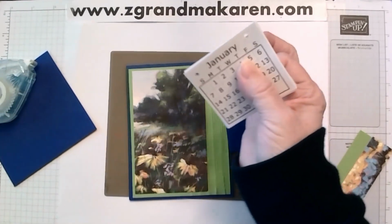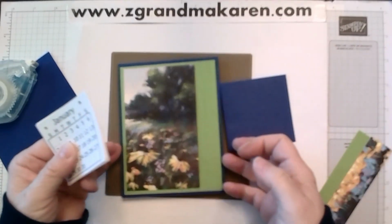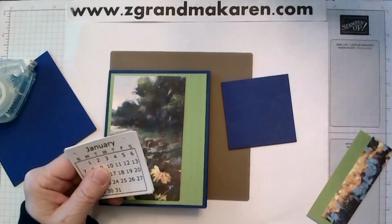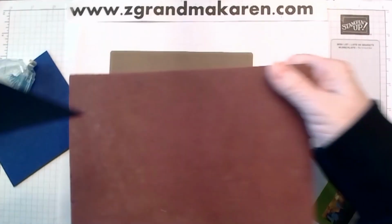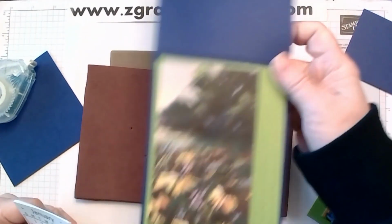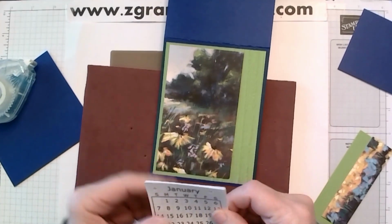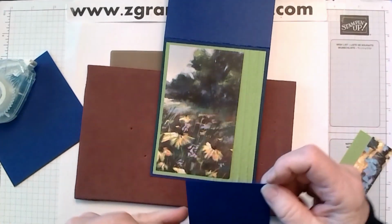Okay, so I have the holes. You can see the holes. Now I'm going to take your mat. This is not Stampin' Up's, but it doesn't bother me to put big holes into it. So I'm just using it as a padded thing. And I'm opening this up, placing it on the mat, placing my 2 3/4 inch piece, and decide where you